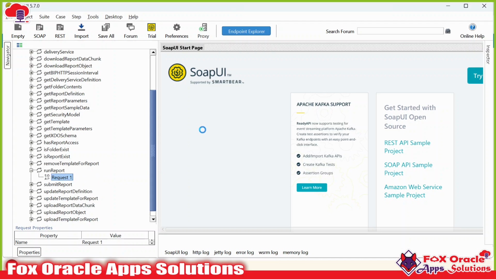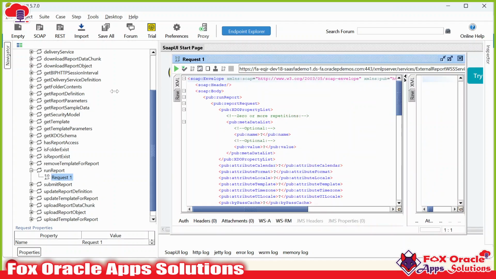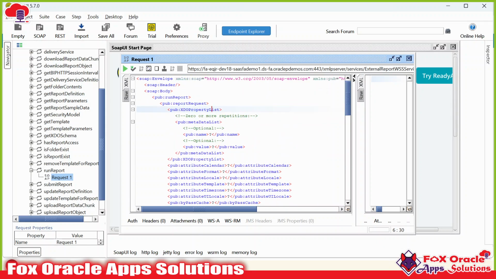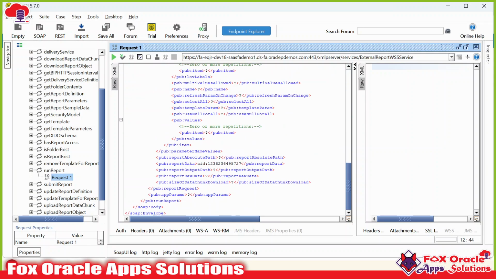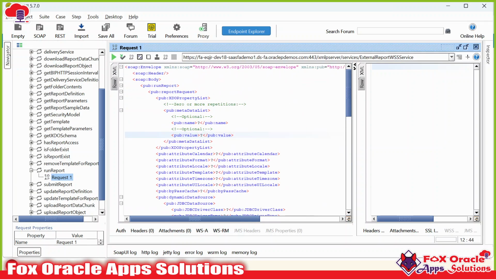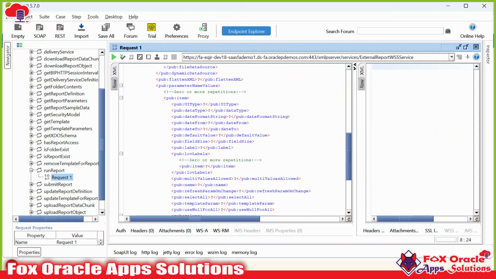Once you double click here, the new page will be created. This is called the request payload. Let me expand this one, and this is called the response payload of the SOAP web services. So these all are the parameters which we have to pass to the SOAP web services to invoke the BIP